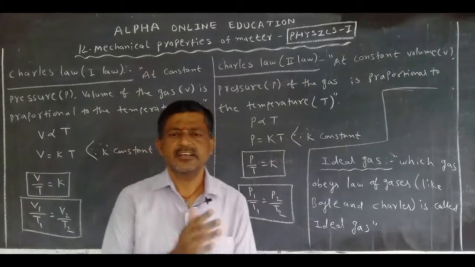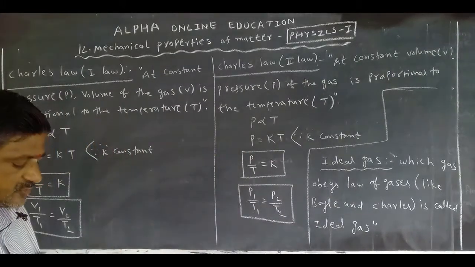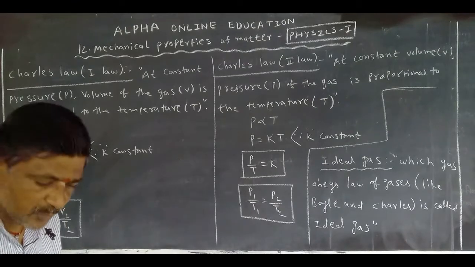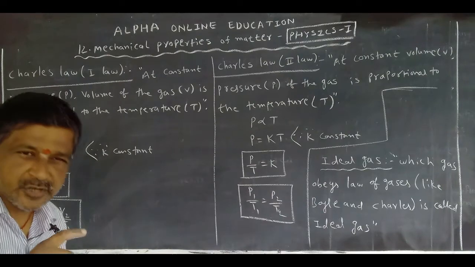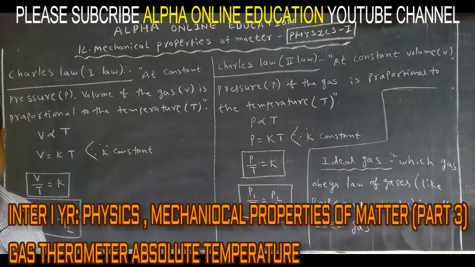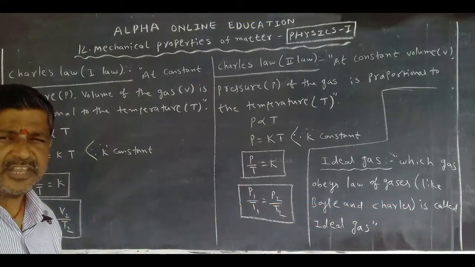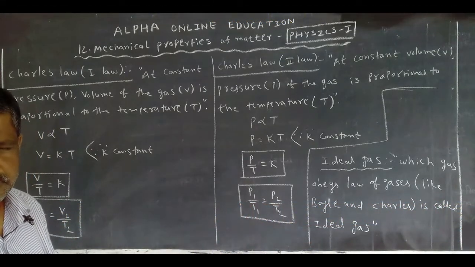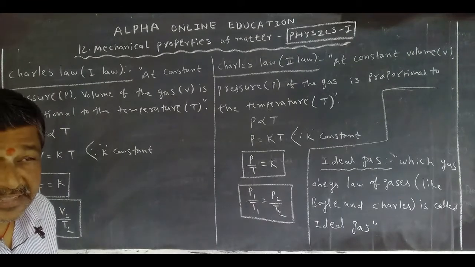Okay, up to here, especially Boyle's law and Charles law are very important for 2 marks, and absolute temperature and zero absolute temperature. These two are also important for 2 marks. Now next we will discuss a very important question in this chapter for 8 marks, that is the derivation of the ideal gas equation.